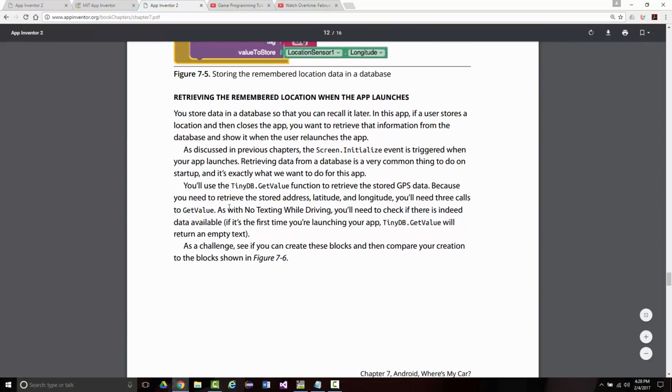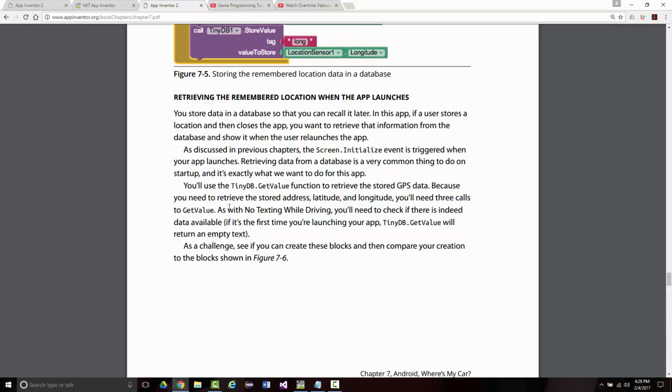All right. You store the data in the database so that you can recall it later. In this app, if the user stores the location and then closes the app, you want to retrieve that information from the database and show it when the app relaunches. As discussed in previous chapters, the Screen 1 initialize event is triggered when the app launches. Retrieving data from the database is a very common thing on startup, and that's what we want to do in this app. So we will use the